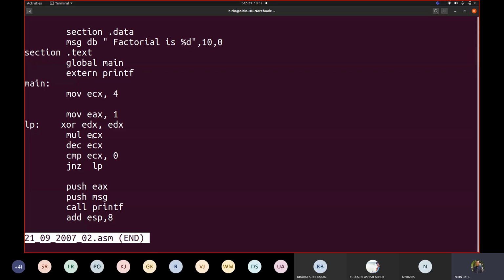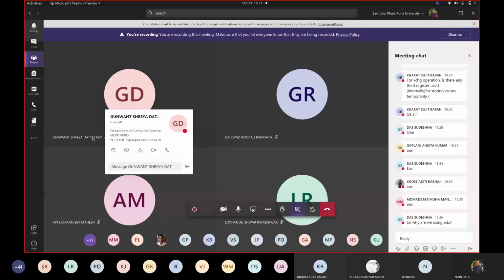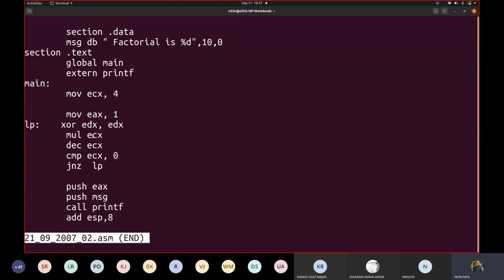But sometimes what happens is, if you keep some value over there, it may give you a segmentation fault. So my suggestion would be, whenever you are using a multiplication or division instruction, try to use this XOR instruction. It will not make any change in your execution, but it definitely can help you out in a few places. Is that okay now? Sudeshna? Okay, good. Any question with this till now?